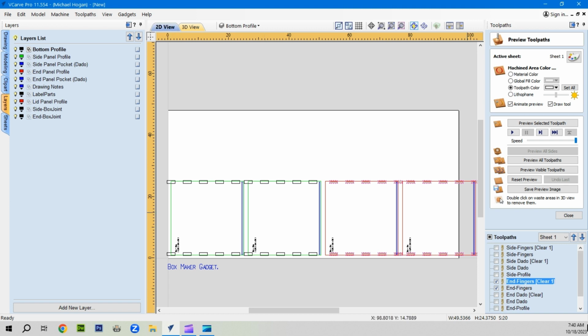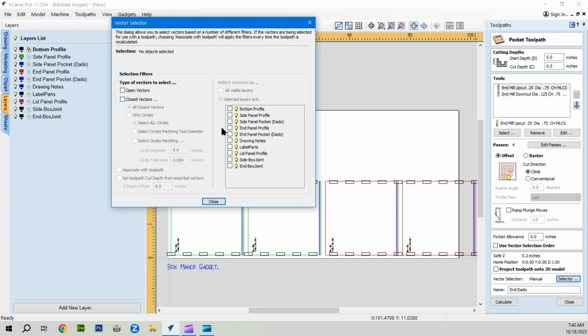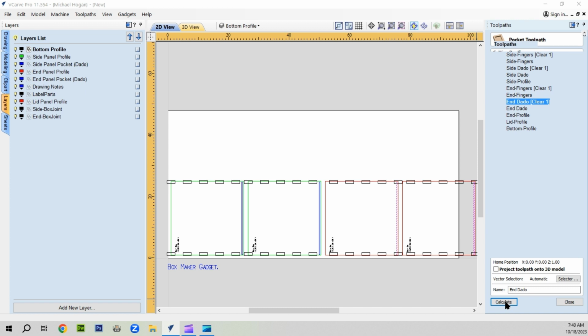Now we go back to the 2D view. We slide our slider down a little bit, choose the next item, turn off the previous visible items, and we want the end dados. So we're going to double click on the toolpath, select the automatic selector. We know the dados are closed vectors. We want to check off the selected layer only, and we look for the end panel pocket dado, which is the end dado we want, and we associate that layer to the toolpath. Now you calculate the toolpath